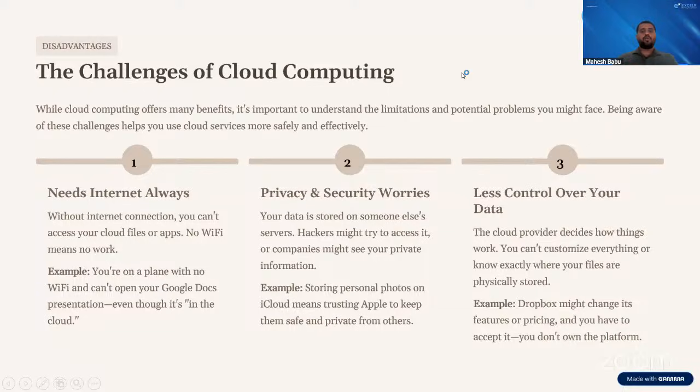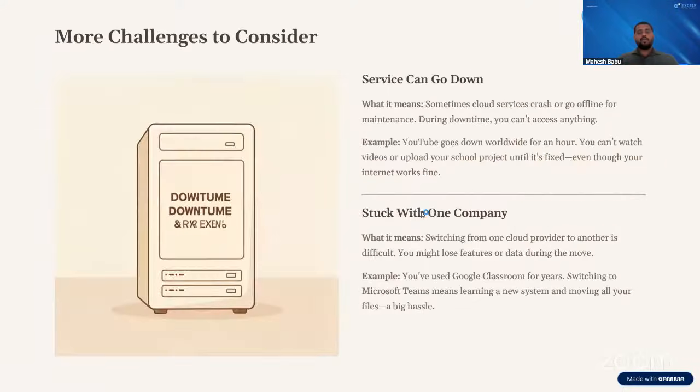So service can go down as well. For example, today I have a very important meeting. Let us assume I have this development program, where the internet plays a very major role. Now, if I want to attend this particular faculty development program, definitely the main challenge which I'm going to face is the internet.